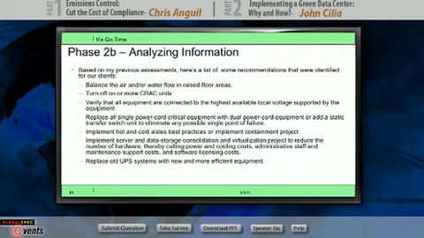We talk about implementation, hot and cold aisle. Implement the servers and data storage consolidation and virtualization and communication as well. What you want to do is, since you now understand what kind of equipment you have, what kind of servers you have, what kind of operating system you are running, you want to focus on that